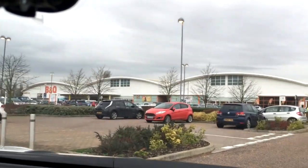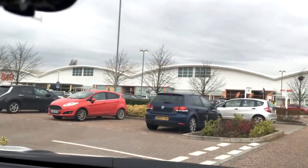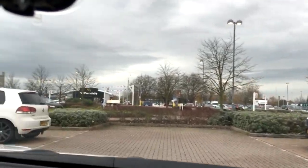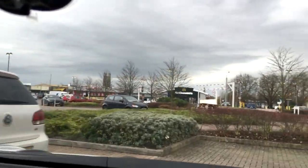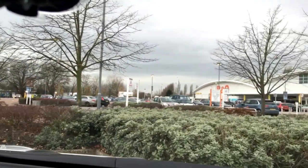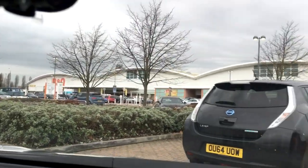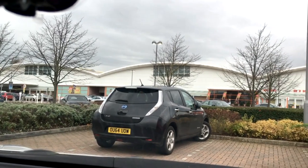And look what we have there. It's another Nissan Leaf. Common as muck, these things. I don't know why I'm going in here, just for you guys to actually see it, I suppose. That's about the only thing, because I'm trying to go the other way. There you go. Whoever owns that one,